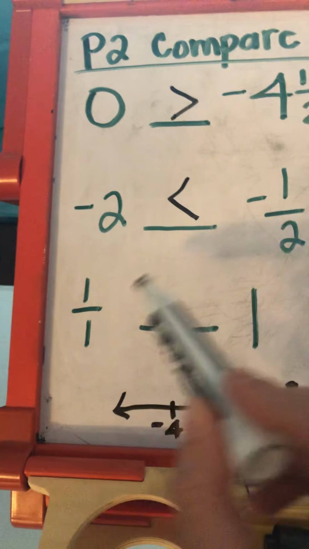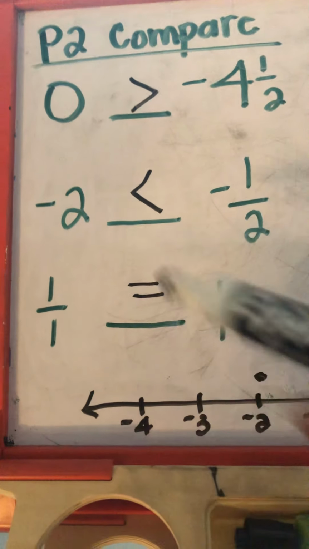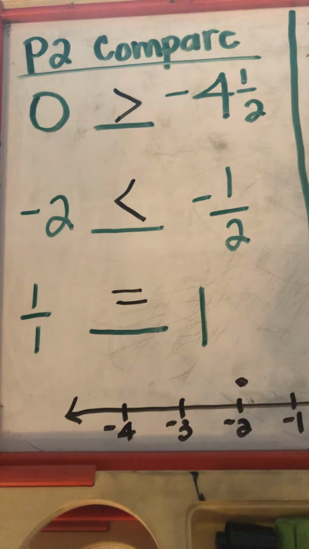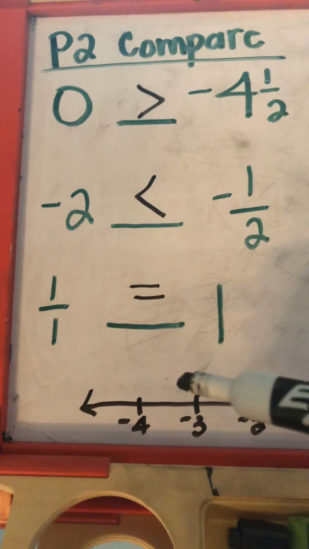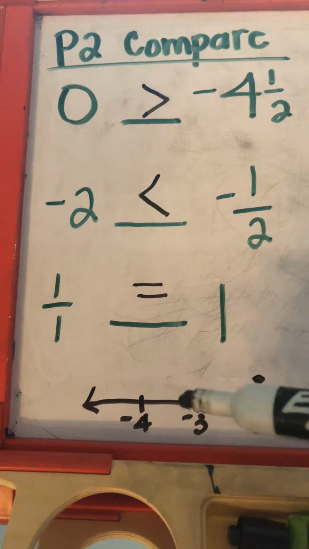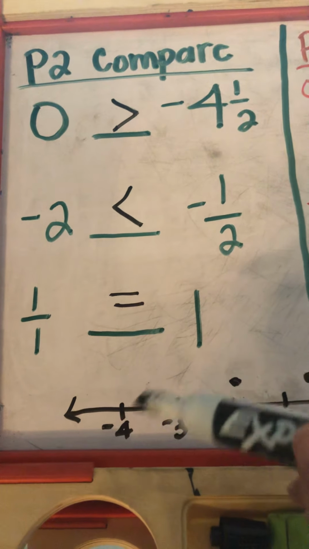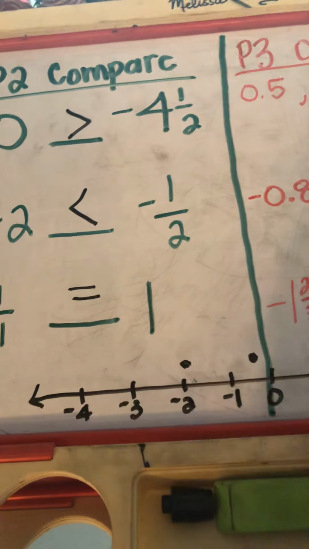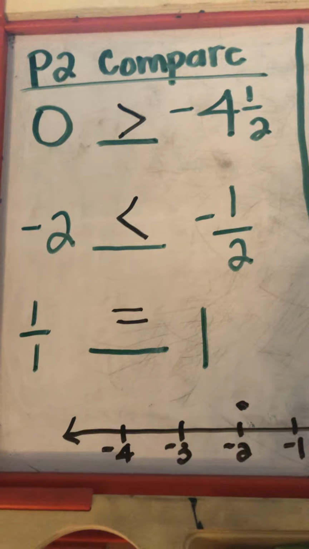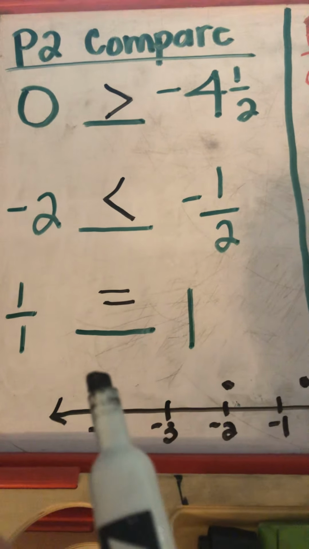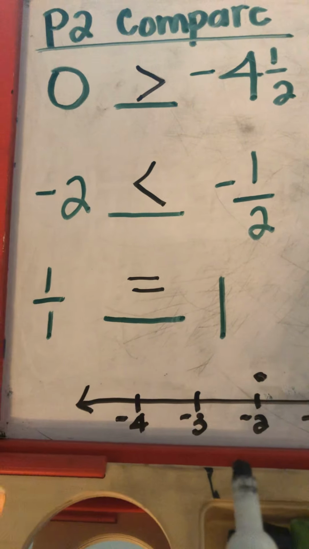So 1 and 1 are equal. Okay, so that's an example. These are examples of questions that you're going to be asked in skill P2 to compare those rational numbers. Remember, I would create a number line on your paper to help you out, but if you have a positive number and a negative number, the positive number is always going to be greater than your negative number, which kind of